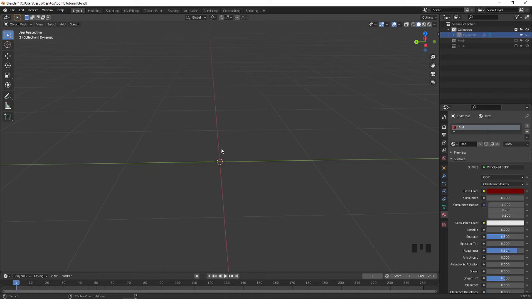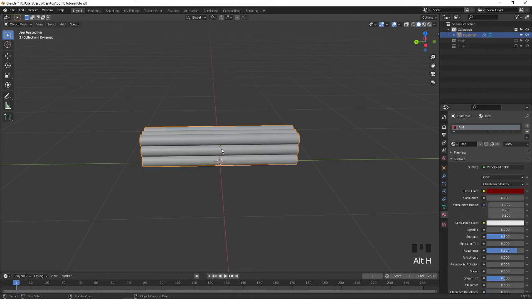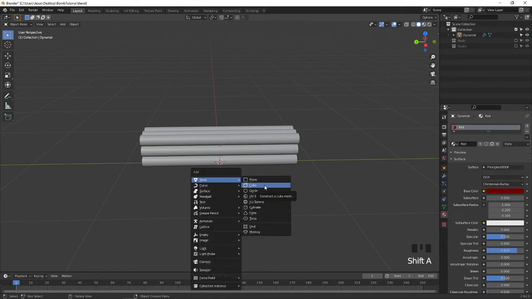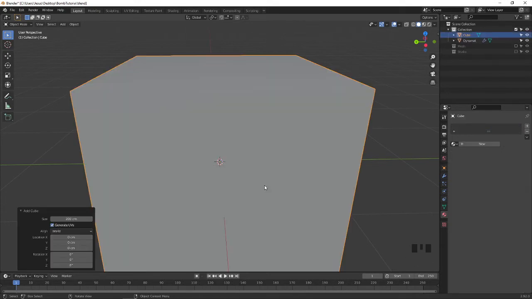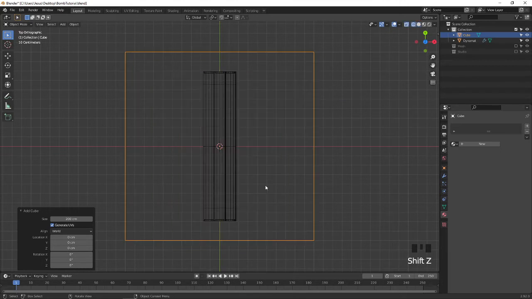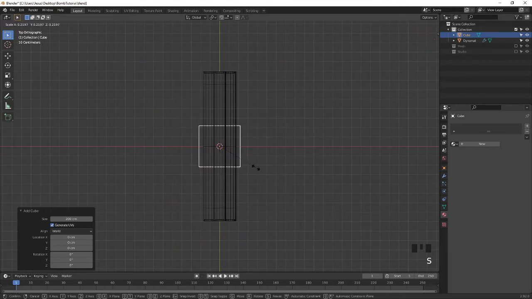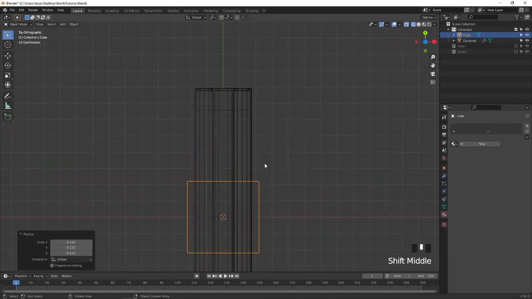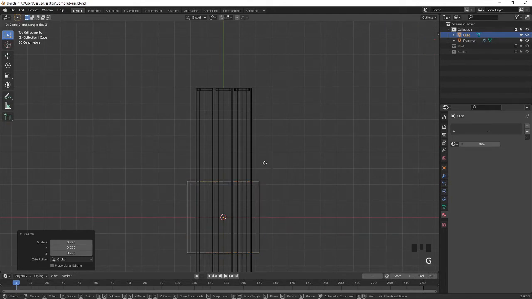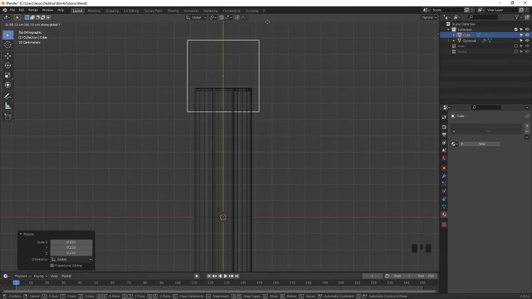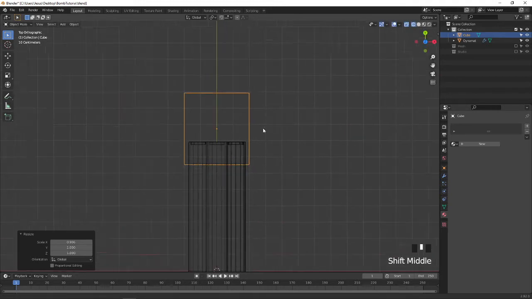Now let it be everything the same. Press Ctrl H to come back again. Press Shift A to create a cube. Press 7 on the keyboard, Shift Z to go to the wireframe, scale it down, and G to move on the Y axis. I'm going to give this much gap because the wiring will be coming inside, so I'm not going to show that in this, because it is not generally visible outside.